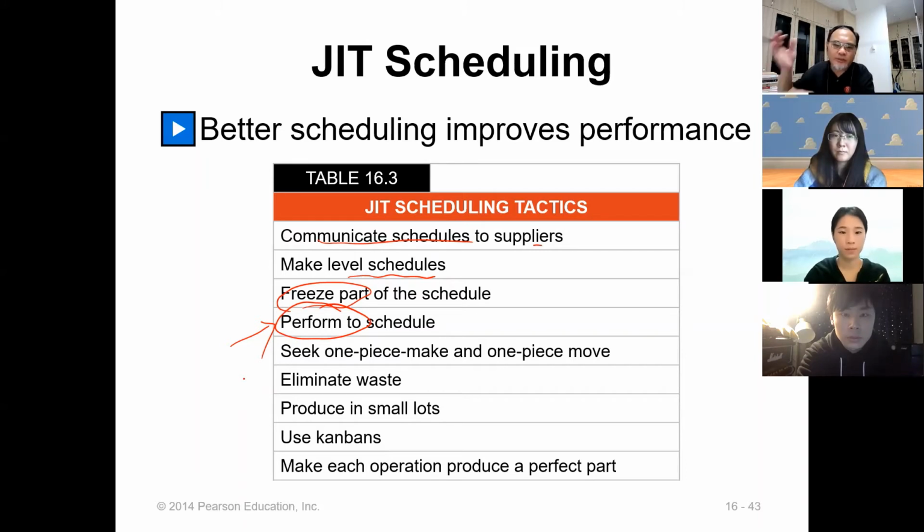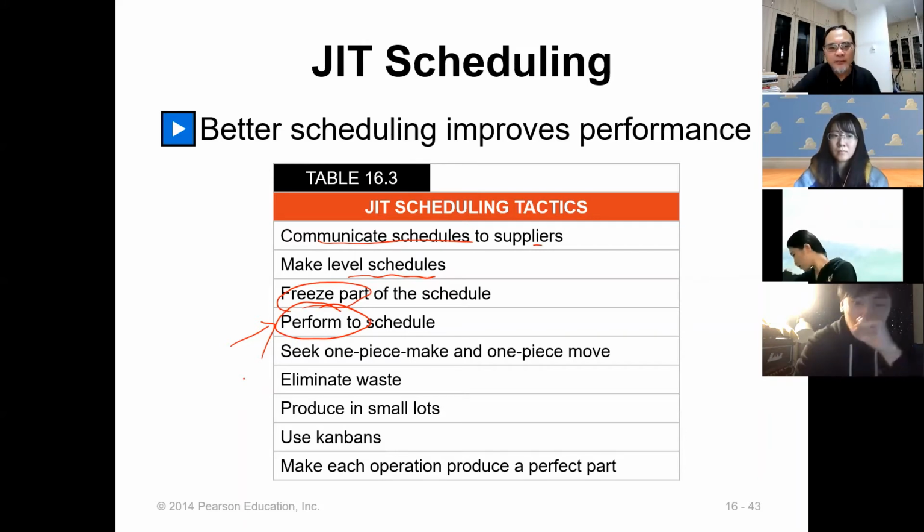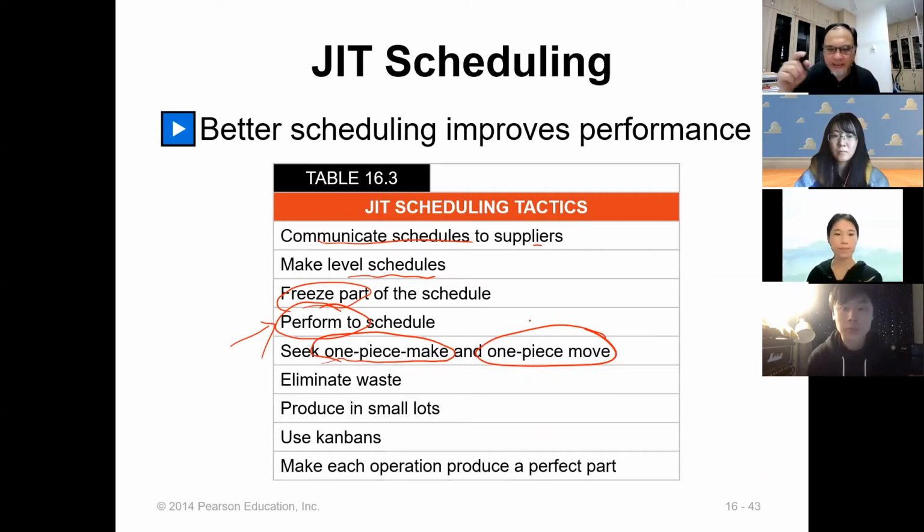Like today, COVID, no parts delivery, supply chain breakdown, okay? So it's disruption. So there is no continuity, there is no smooth flow of parts and also materials. So you try to make one piece and you move one piece. That's the concept of lean, okay? JIT, just in time. Make one, pull one. Like the video you saw last time, the piece flow,